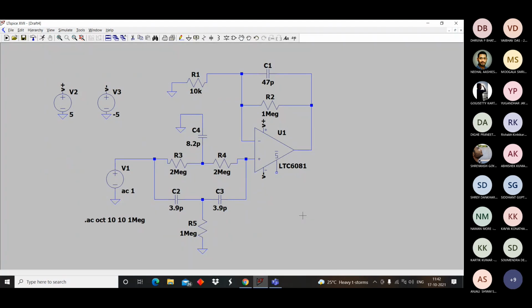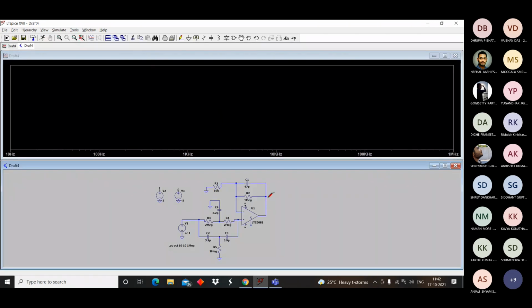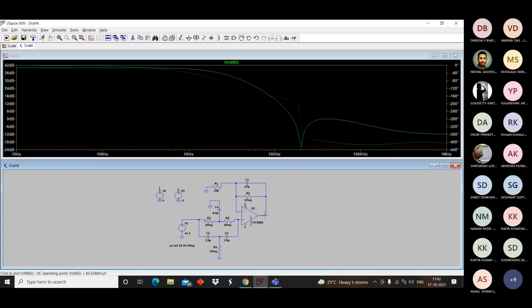Okay, I suppose I'll show the simulation. So this is the point where we want to take the output. So this is the graph we expect for this design.